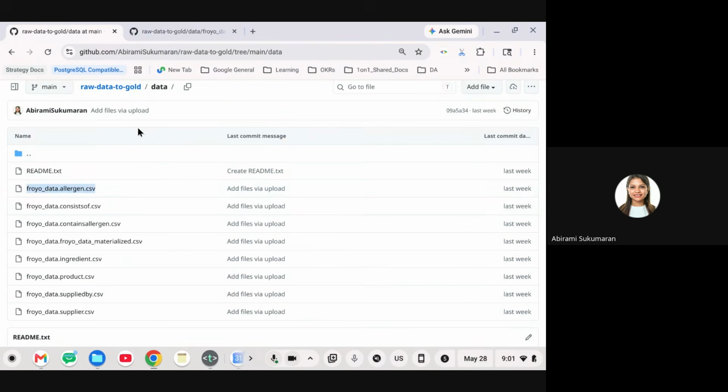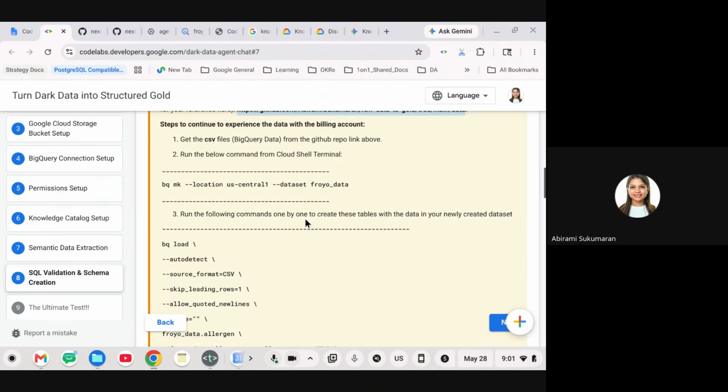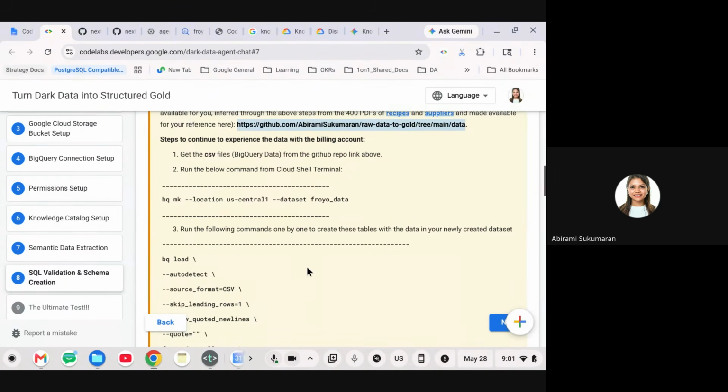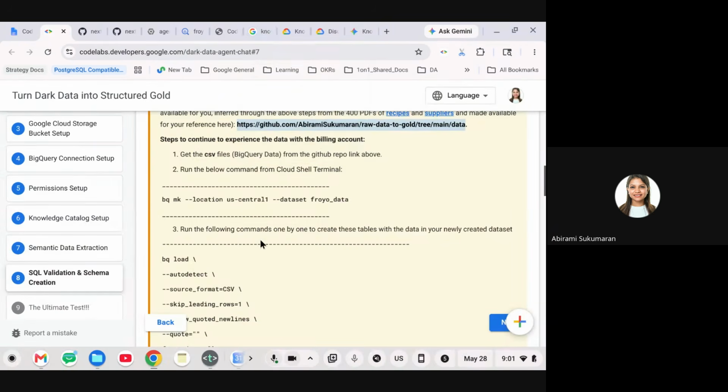So how do you do that? Open the GitHub repo and right click the CSV, or there's one Cloud Shell command you can run, which will directly extract the files from the GitHub repo. You can use the GitHub command if you know it. So what am I doing here?